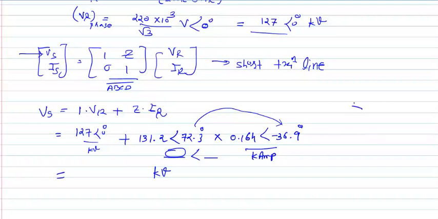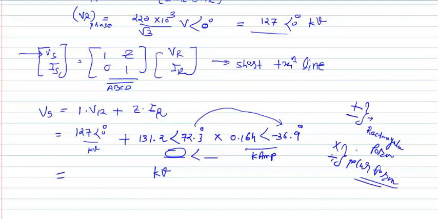Because for addition and subtraction you have to use the rectangular form, and if it is multiplication and division, you have to use the polar form. So you need a calculator. You need to convert rectangular to polar and polar to rectangular. So please do the conversion and give me the final answer. I will wait for 2 minutes. Please calculate and tell me the answer.